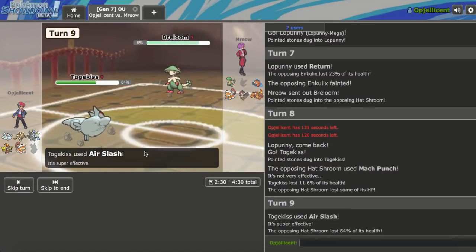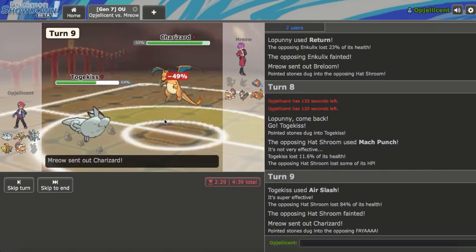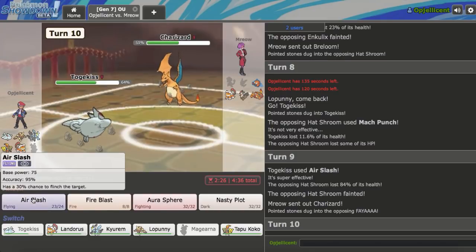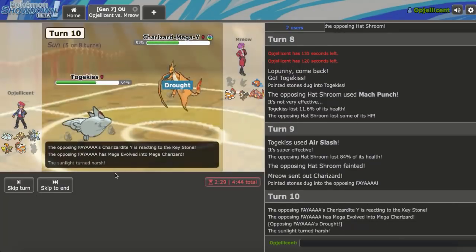And just knock that thing out, yeah. So we get rid of Breloom right there. Goes out into his Charizard. Is this Zard Y or Zard X? I can just Air Slash right here. It is Zard Y, so...